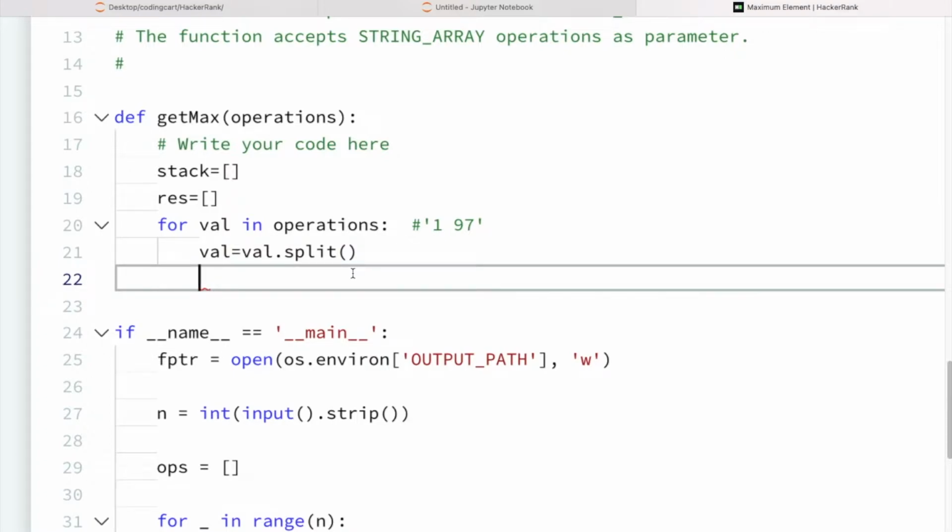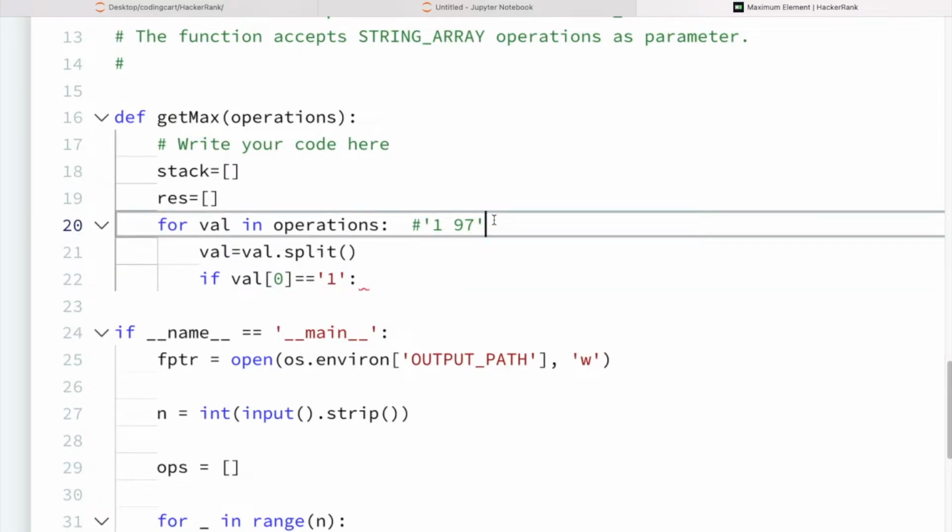Now we will check the very first thing. If val of 0 equal to 1, means it is operation 1.